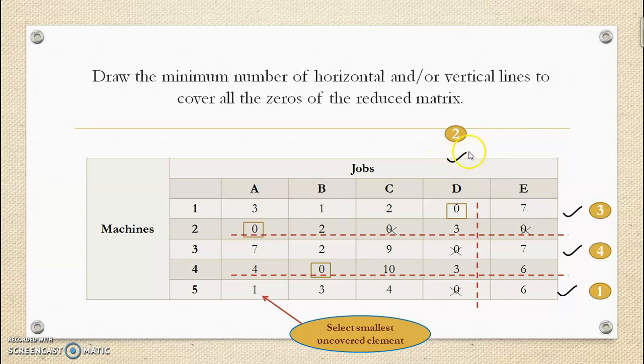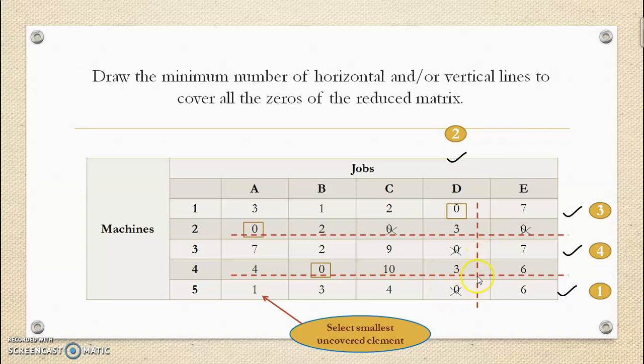In the marked column, observe where the assignment is, then mark the corresponding row. Again check whether there is a possibility of marking any row which has a non-assigned 0. So this is a non-assigned 0. Again mark this row, but this 0 lies in the same column which is marked, so we have to stop there. Now there is no further possibility of marking a row which has a non-assigned 0.